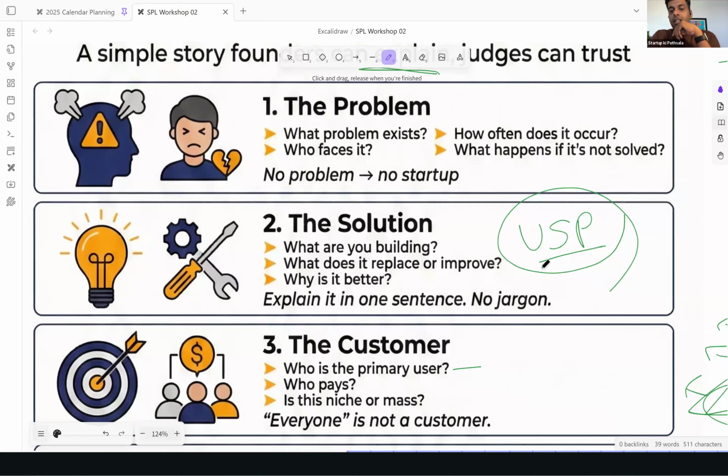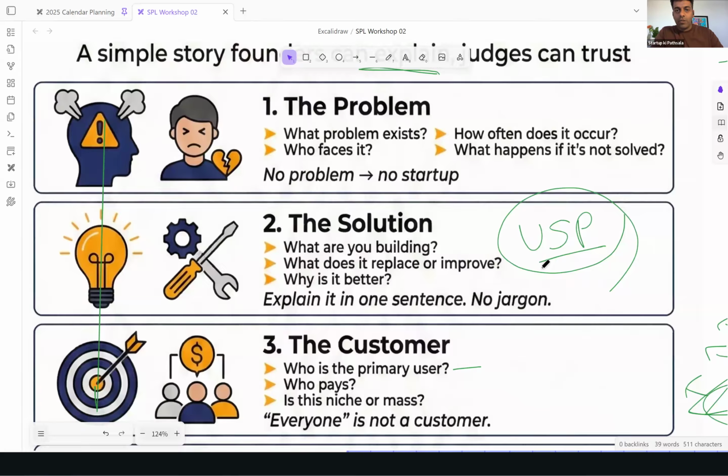ठीक। So lovely, Sagar. Thanks for that question. I know, Saurabh, you have asked about TAM, right? So now what we will do is I will go back to the presentation. We'll discuss a couple more topics, and then again we'll come back to TAM. We'll discuss how to find TAM and all the customer acquisition strategies and all that particular pieces, right? So we'll discuss those particular pieces also.